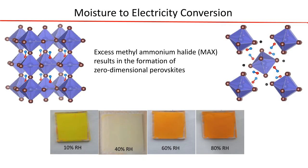So when we put this particular material under different humidity conditions, it converts itself to the 3-dimensional perovskite. Since the 0-dimensional material is not connected in any of the dimensions, it is insulating, and the 3-dimensional material is connected in all 3 dimensions, so it will be semiconducting. That means there is a difference in the conductivity,